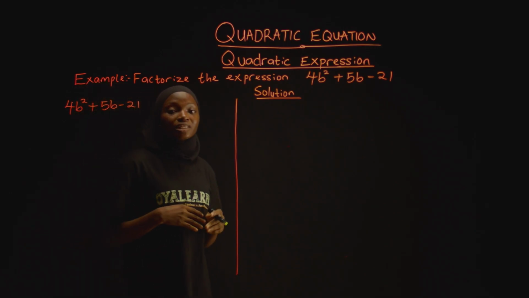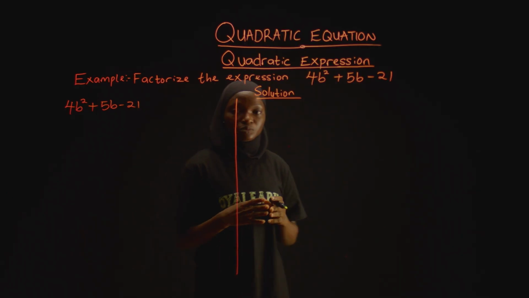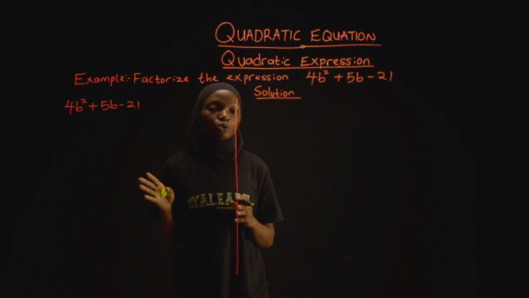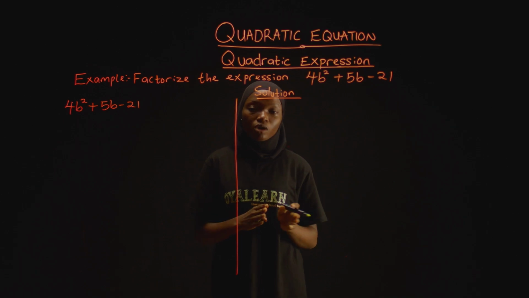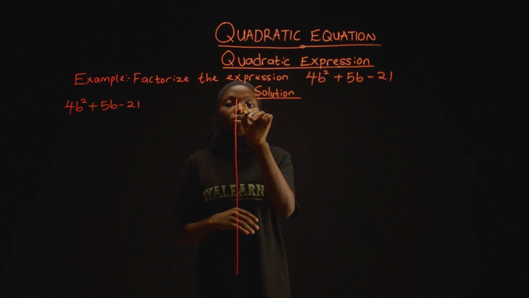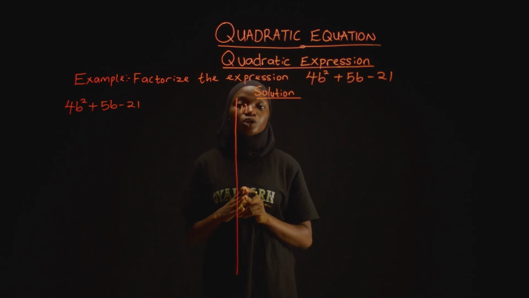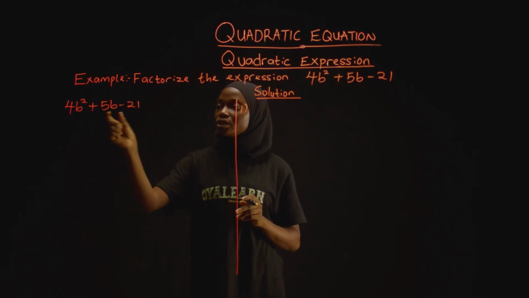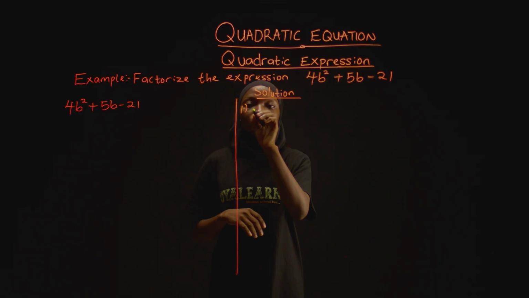Since we've gone over the steps required in factorizing quadratic expressions, here we will not be including the steps as part of the solution but as a rough work. So here, the first step is to take the product of the first term and the last term. The first term here is 4b squared. The last term here is minus 21. So the product,